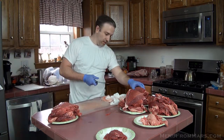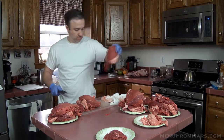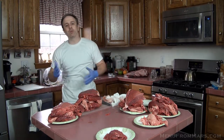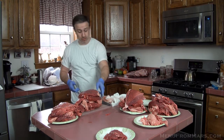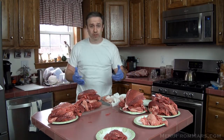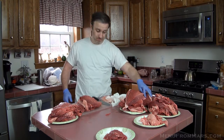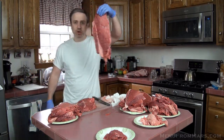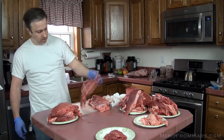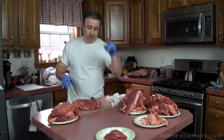1, 2, 3, 4, 5, 6, 7, 8, 9, 10, 11, 12, 13, 14, 15, 16 steaks. Averaging anywhere from a pound to a pound and a half. There's a couple, this one right here is probably 2 pounds. So I'm going to keep it like that in case we have guests and stuff. Different size steaks for the different things you do. This can be one night. This can be one night. That might be a night. But this, you know, we'll do this one when we have guests and we want to do steak. And then that is a half of one there. And this one, I'm going to leave this one intact too. I like the way it looks. So 16 steaks, 2 steak sandwiches,